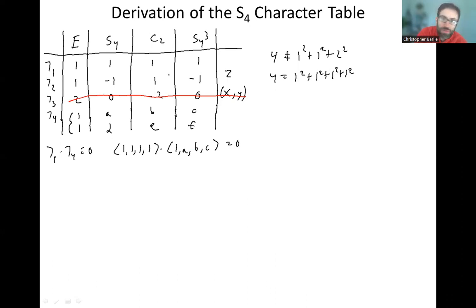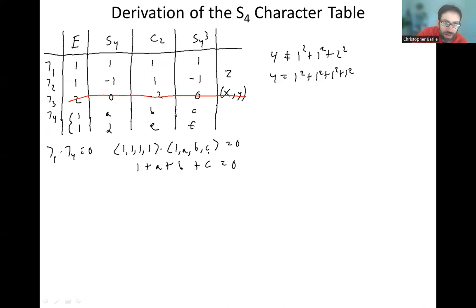Remember, this orthogonality is adjusted for the number of symmetry operations in each class, so we have this whole thing also multiplied by one symmetry operation, one, one, and one. Well, we're multiplying by a bunch of ones in this case, so it doesn't do anything. So we dot product this out, and this gets us that 1 times 1 is 1, 1 times A is A, 1 times B is B, and 1 times C is C,